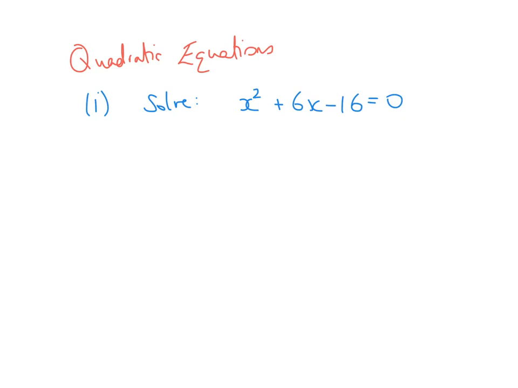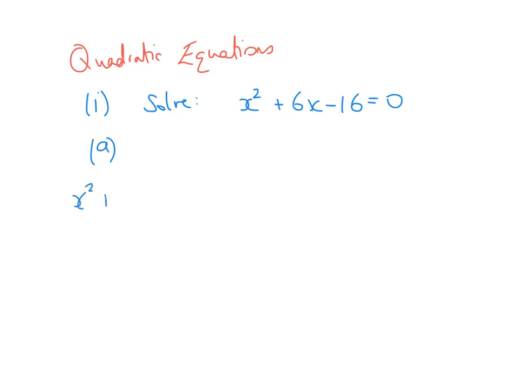So if we start off using the factorizing method, the one thing you need to be careful of is to read the question and make sure they haven't said that you need to round your answer to 1 or 2 decimal places. If they've said that, you have to use the second option because it will be very difficult to do it with non-whole numbers. Okay, so if we are given this quadratic, x squared plus 6x minus 16,